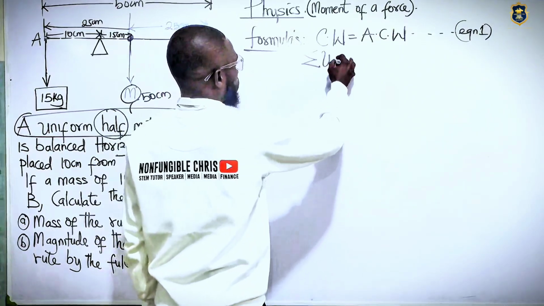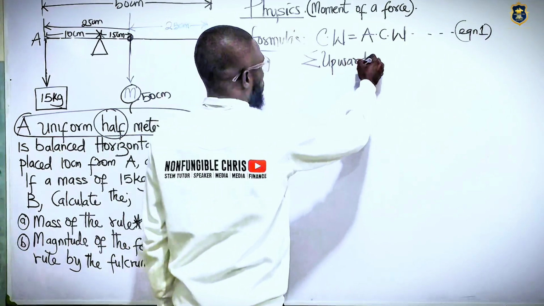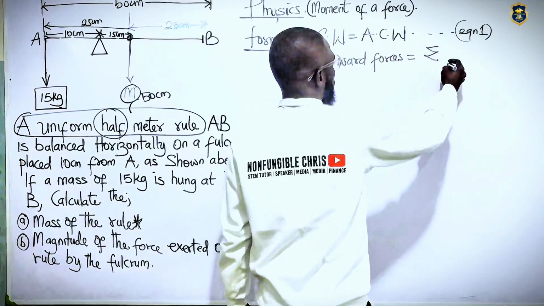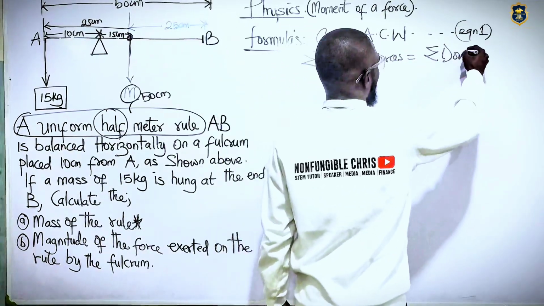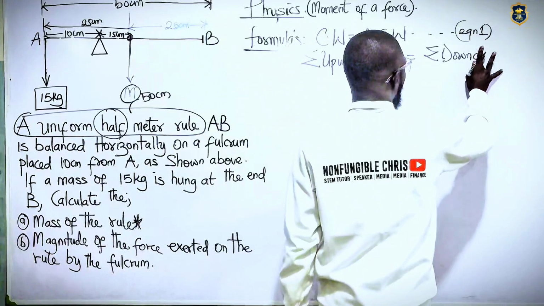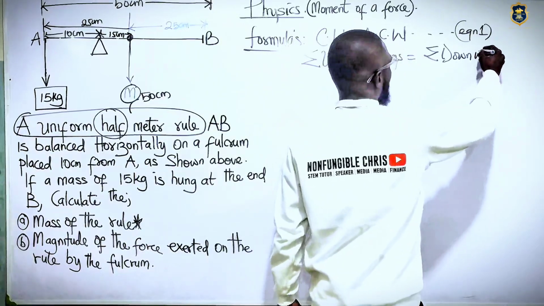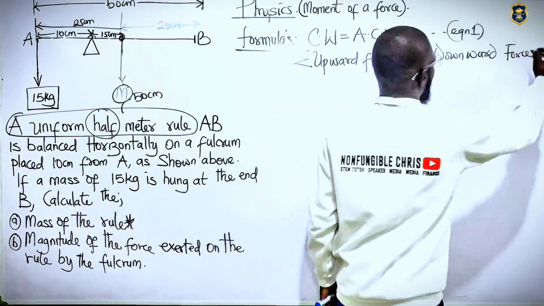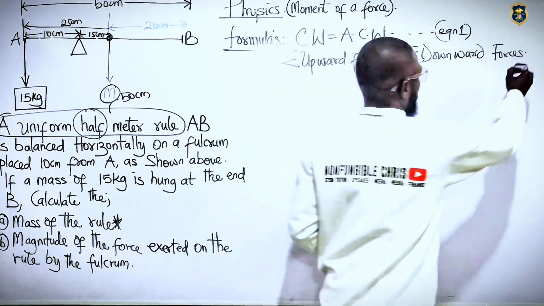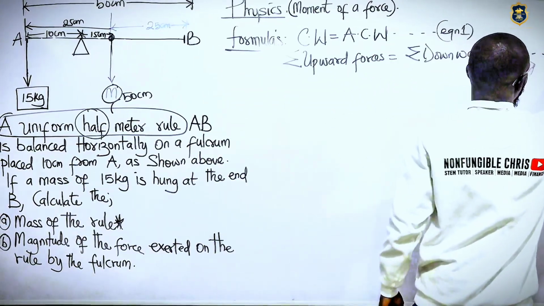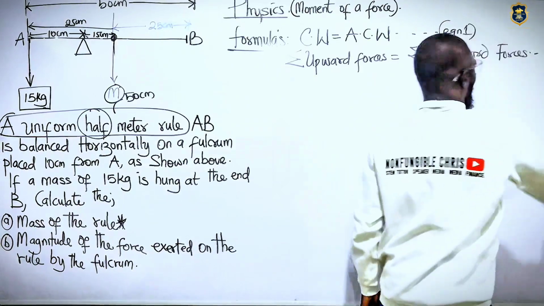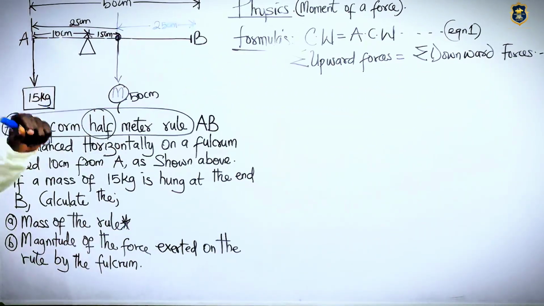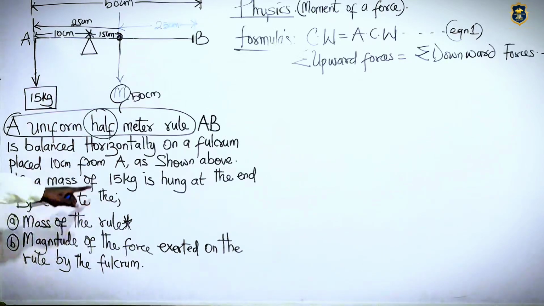summation of upward forces is equal to the summation of downward forces. Alright, so these are the 2 things we need to know. So let's call this one our equation 2. Right, beautiful. So in knowing this, what we need for the first one, since we're looking for the mass,